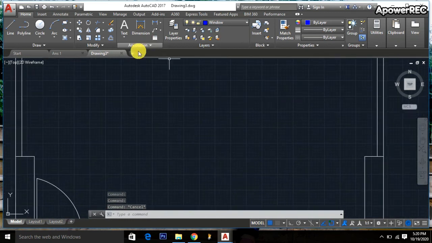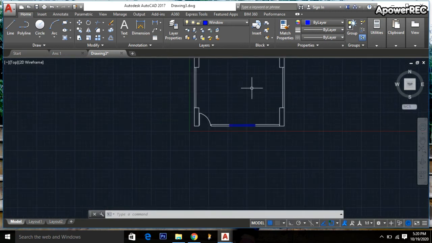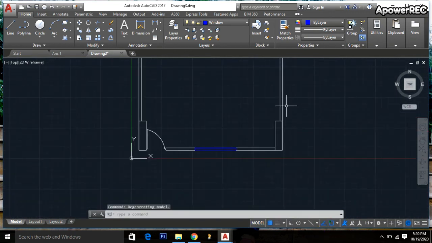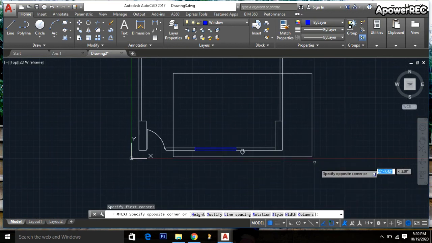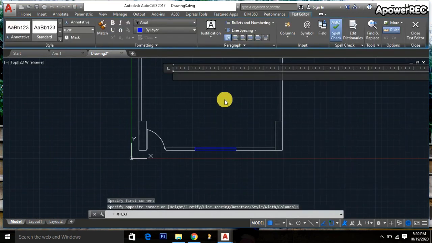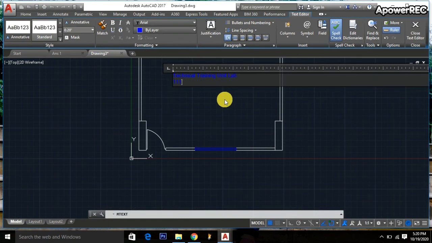Then I'm going to the text. The mouse is creating problems, so I'm going here and selecting multiple and dragging it, then I'm typing technical training unit lab, enter, 341.